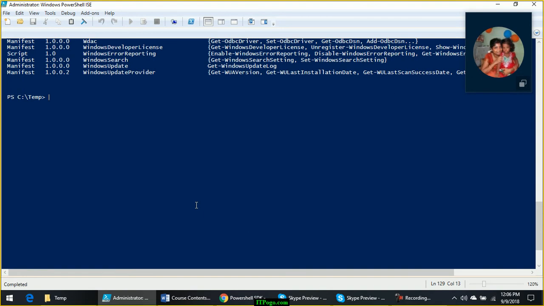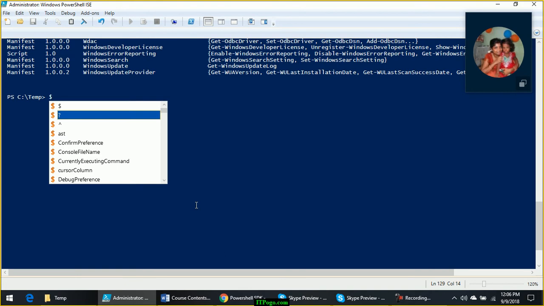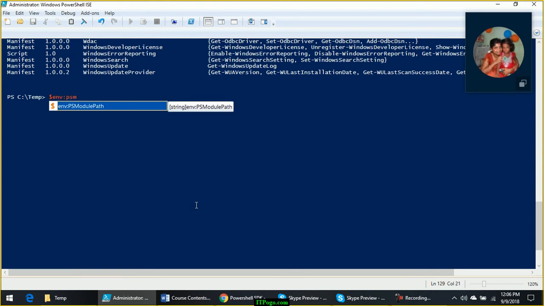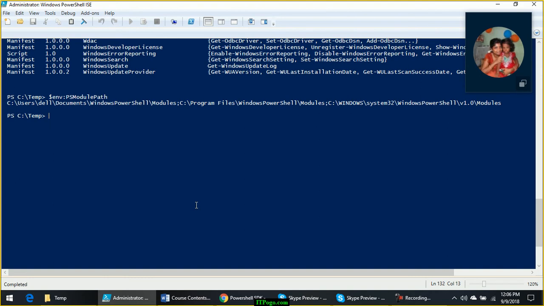Now listen to this and remember this, it is very important. PowerShell will always check this variable, $env:PSModulePath, and under this variable it will see what all folders are available.